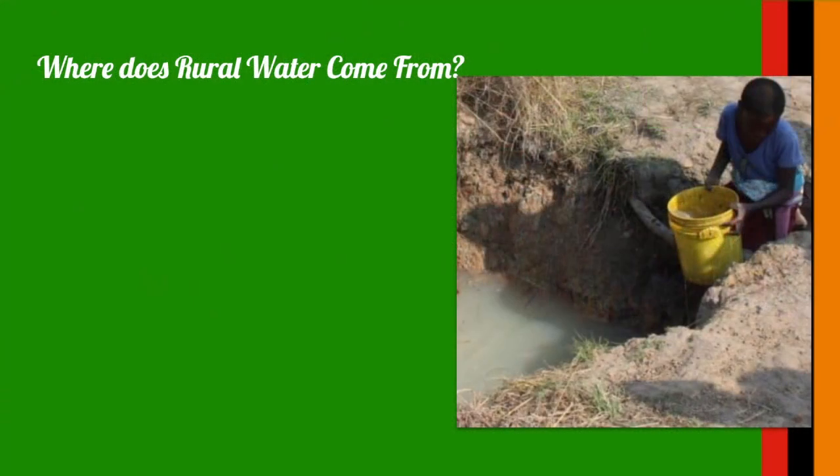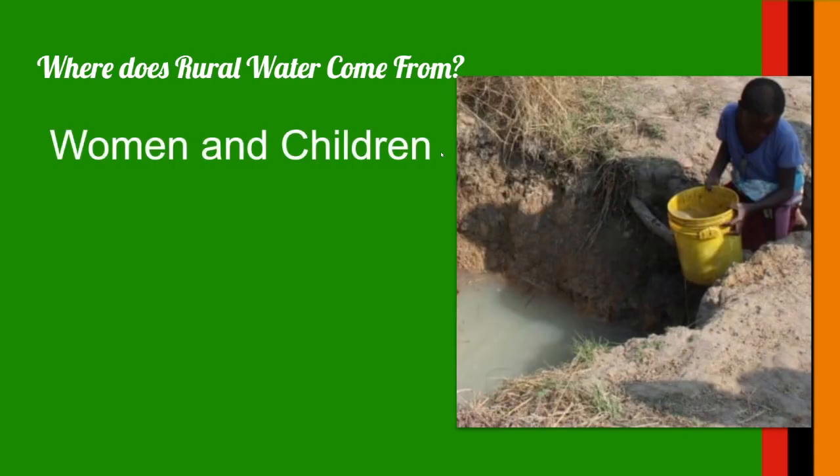Where does rural water come from? Well, a well, or a river, or a puddle. Basically, accessing and transporting water is very difficult work and impacts the lives of women and children primarily. The water that is accessed is usually very unsanitary. It can be cloudy, dirty, and in some cases can be really, really bad, full of different diseases that affect childhood growth.